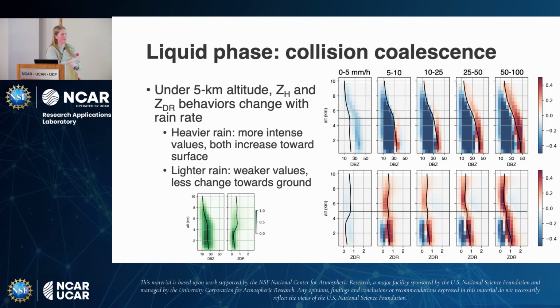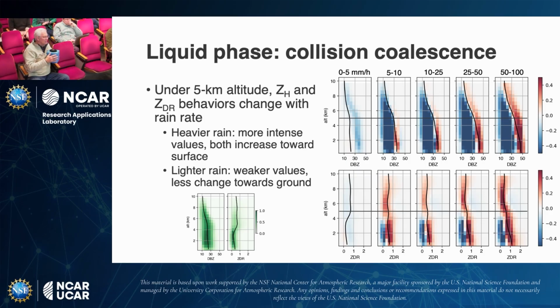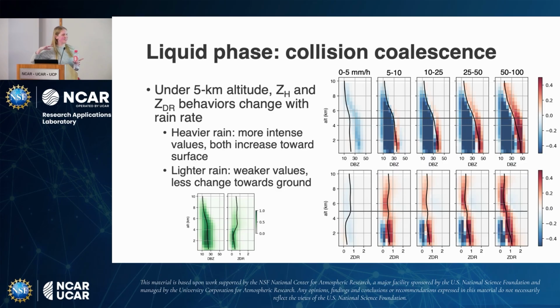Yeah. And if you did the same type of experiment somewhere in the mid-latitudes where you didn't have as much of the warm rain process, would you expect similar results to what you're seeing here? It would depend on what air mass it's tapping into. If it has a lot of Gulf support, you could see really strong warm rain. It's not like you're not going to see warm rain at all. It would just be the degree to which, and how much vapor you have available to convert.